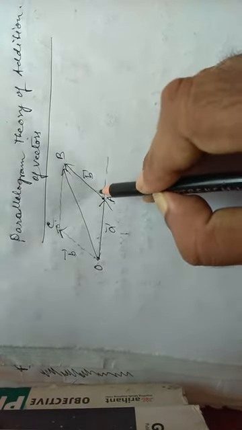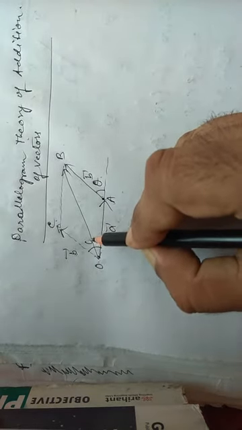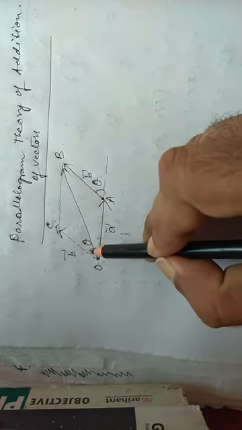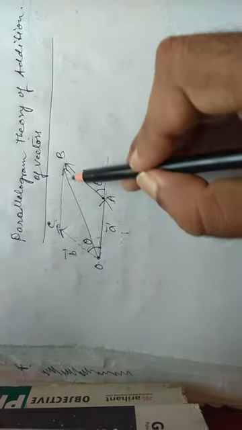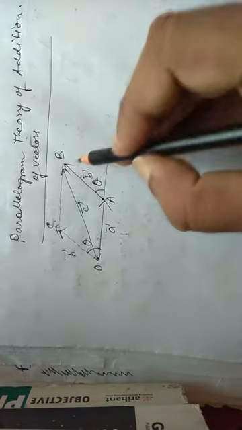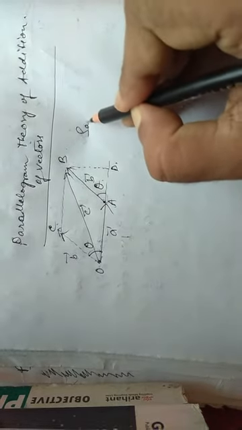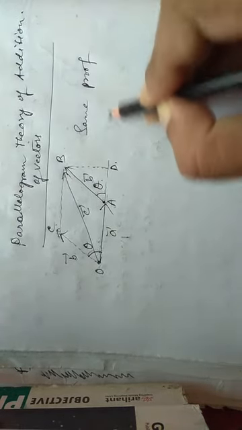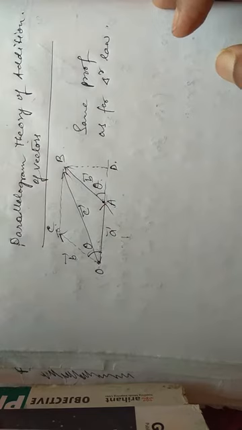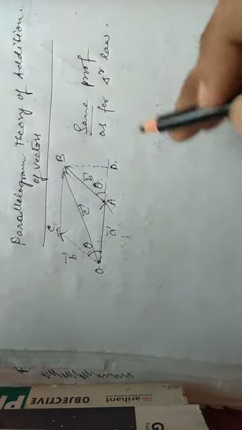Now the angle between the two vectors was theta here. So the corresponding angle, this is also theta. So the angle between vector A and vector B is theta, and the resultant moves in between the two, that is vector C. Same proof, we draw a perpendicular here at point D. Same proof as for the triangle law. I am not repeating that proof because it is the same one.